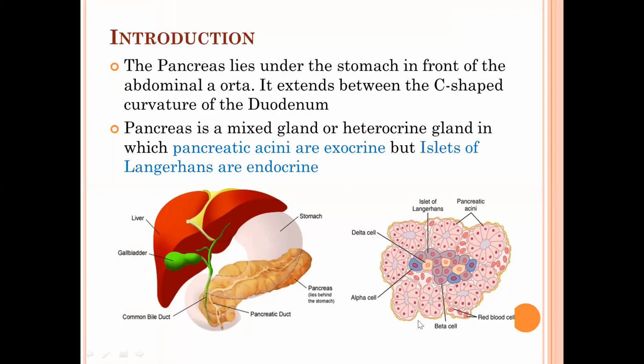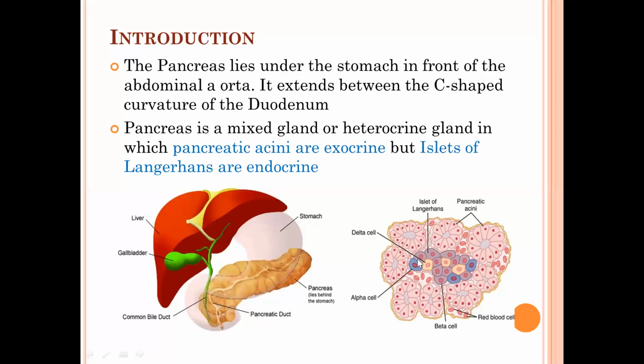The acinar cells of pancreas act as exocrine nature, and the islets of Langerhans located within the interstitial tissue of the pancreas act as endocrine part. So here we'll discuss only about the endocrine part. Exocrine part is nothing but which contain acinar cells. They produce different types of enzymes necessary for the process of digestion of proteins, carbohydrates, and fats. And these secretions will be secreted into the duodenum directly through a duct called pancreatic duct.